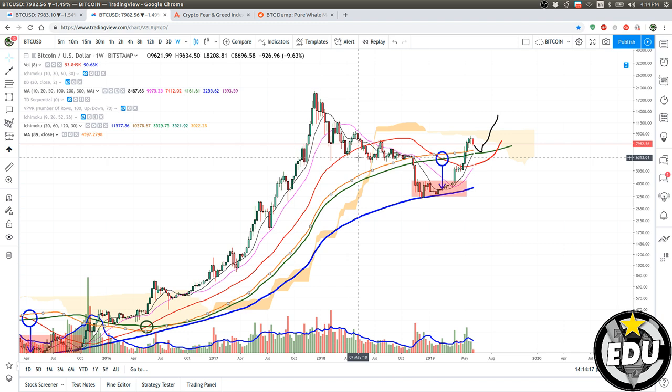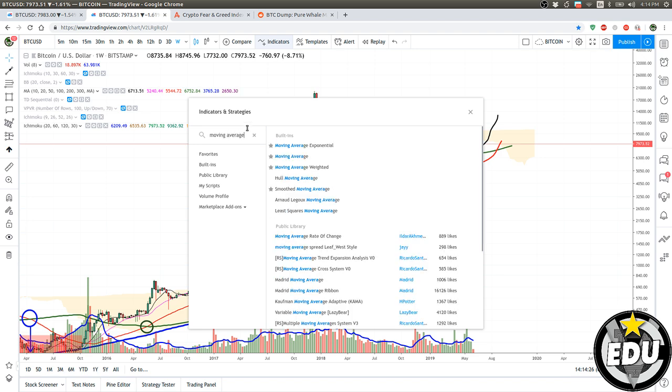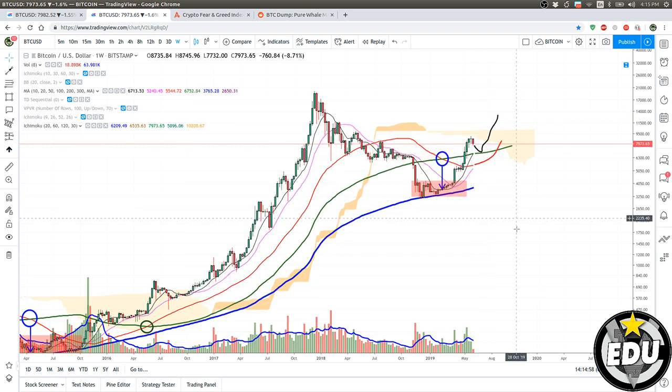You can use the weighted, whatever moving average. You can use the exponential, the weighted, the smoothed. Every one of these moving averages is formed based on different calculations, and some can put you out of the trade before, some can put you out of the trade later. So it just depends. There's not one that works better than the other. You just gotta pick one, trade that. That's it. Otherwise, you're gonna go crazy.